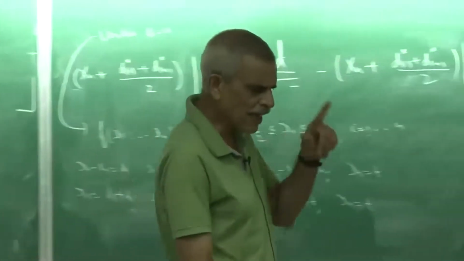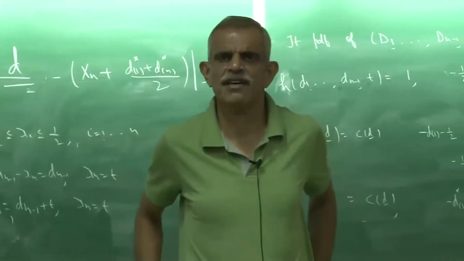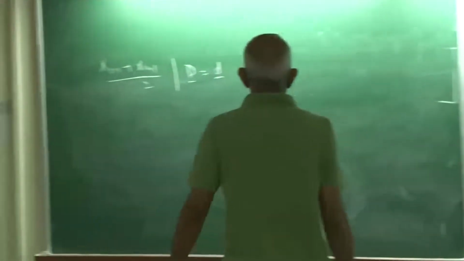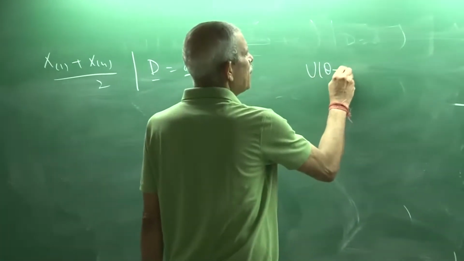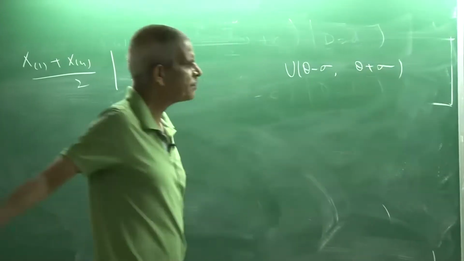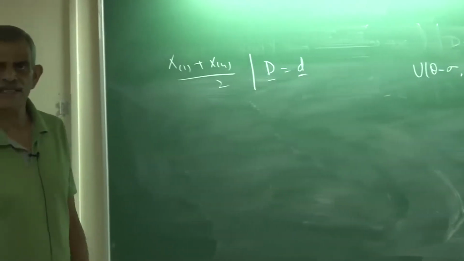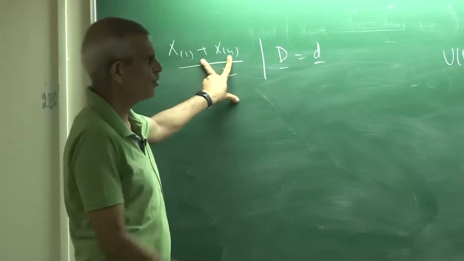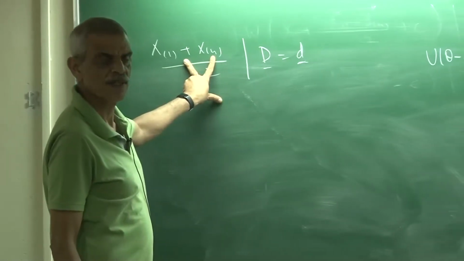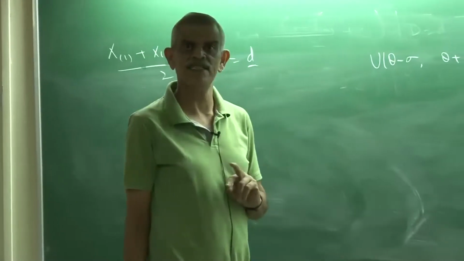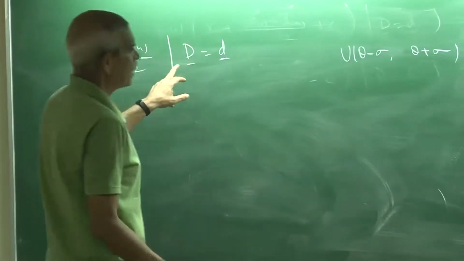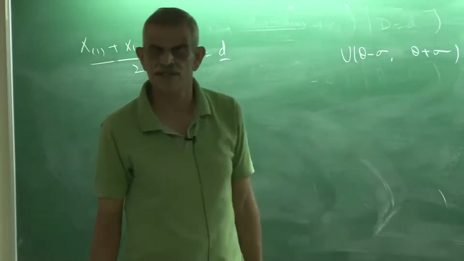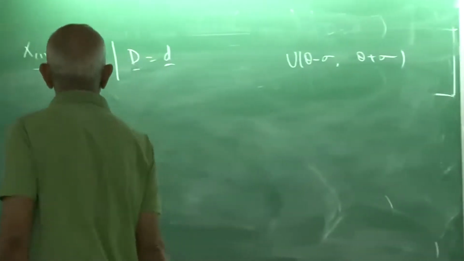My distribution is uniform theta minus half to theta plus half. If my distribution was uniform theta minus sigma to theta plus sigma, where theta and sigma are both unknown, then x1 and xn would have been complete sufficient, because both the parameters are unknown. So x1, xn would have been independent of any ancillary statistic. But under this model, d is not ancillary, because the distribution of d will not depend on theta, but it may depend on sigma. So what I do is I define W1